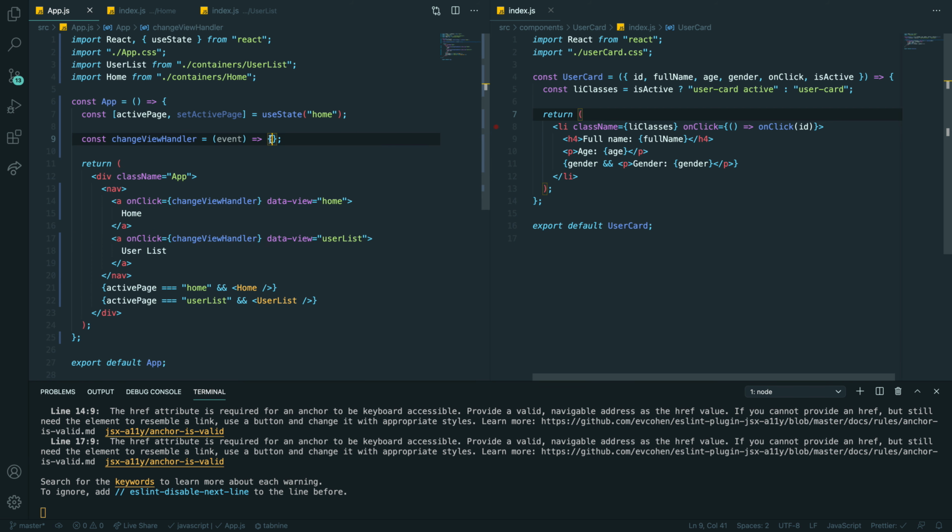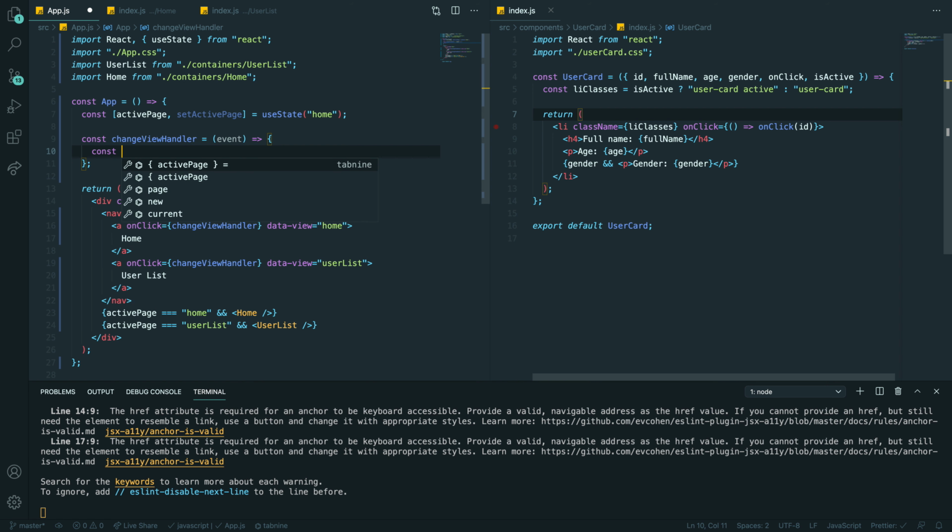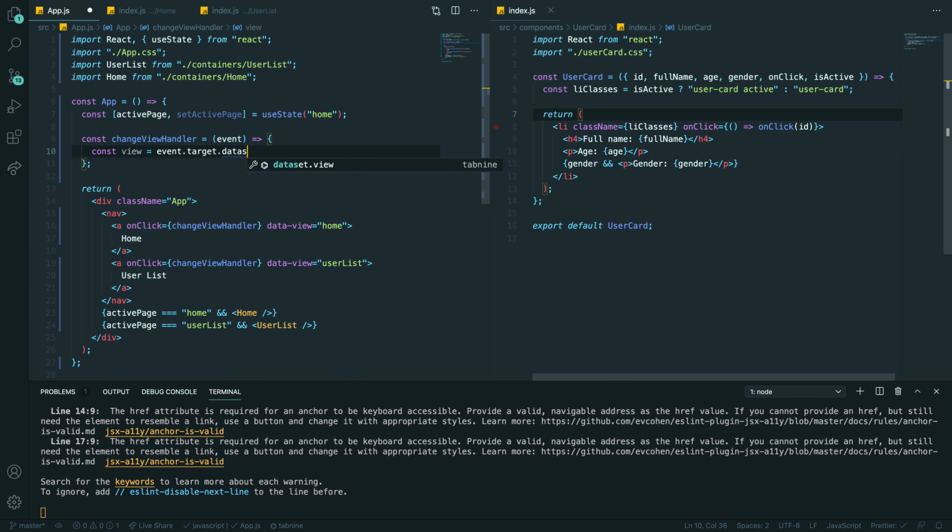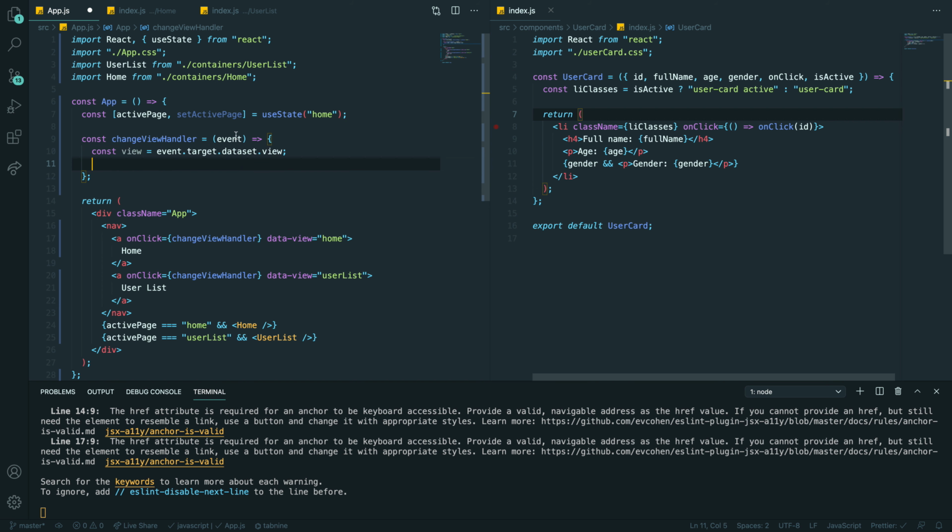So now in my event, const view will be event.target.dataset.view. Again, this is JavaScript, and then I will just set my view here, right? This is all I'm doing.